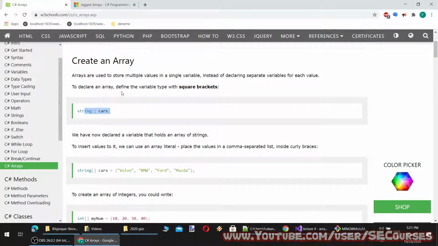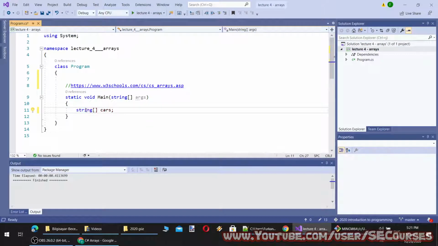So to declare an array, define the variable type with square brackets. Okay, this is important. To define an array, we use square brackets after the type of the variable. So the variable name is cars and the type of this object is string. So this is going to be a string array.